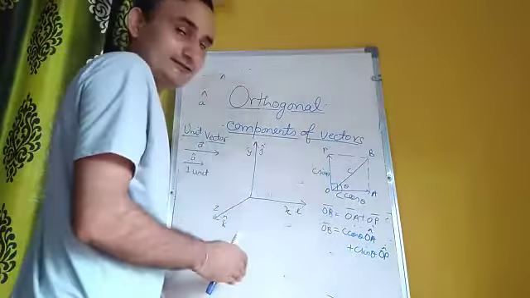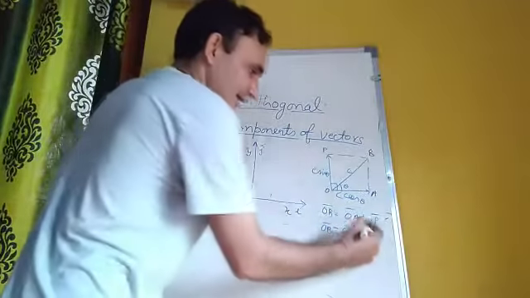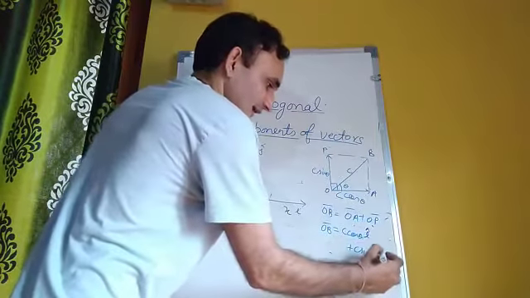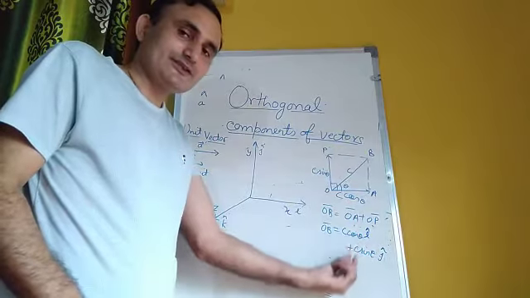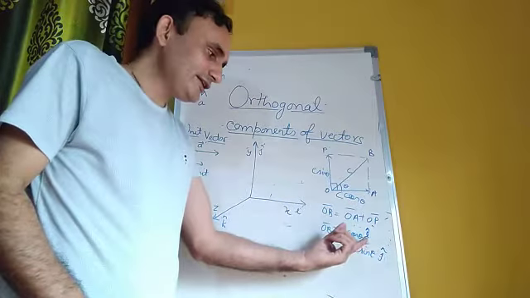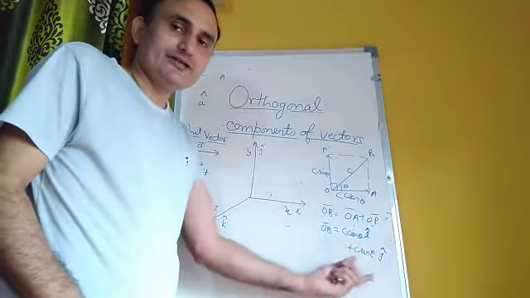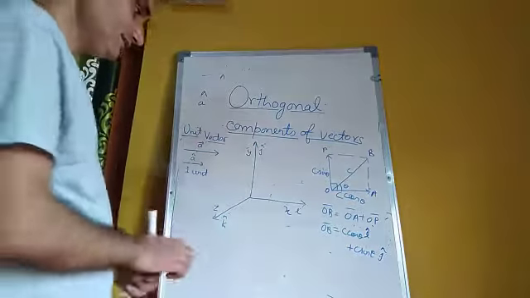Even here, suppose I take this as the x axis and this as the y axis, the unit vector here will be i and the unit vector in this direction will be j. Similarly, instead of OA I can take it as i, and here I will take it as j. In this way I have shown this OB vector as the sum of its components with i and j unit vectors.